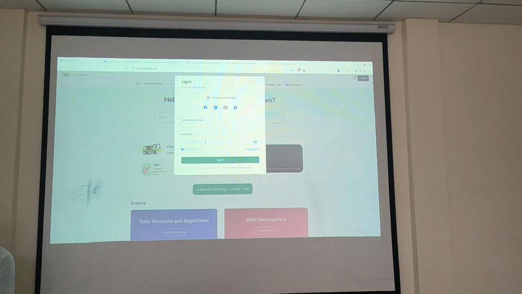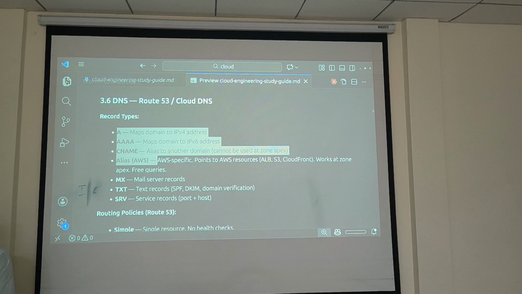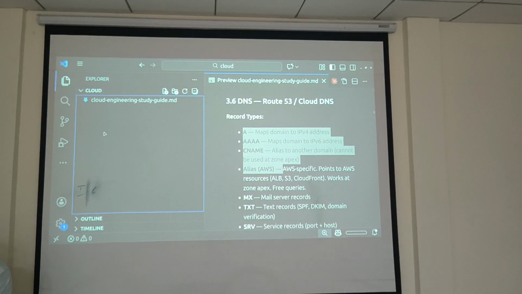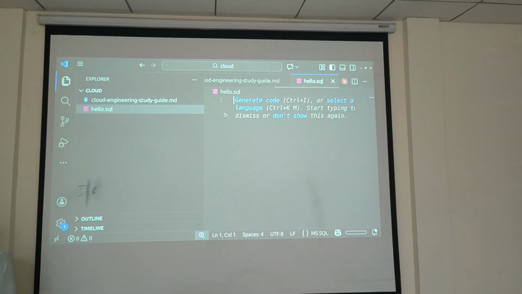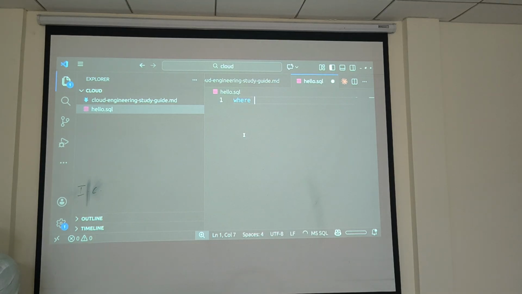Can anyone tell the query? Just tell how the query is going to be. No need for the whole thing, just write the where condition.